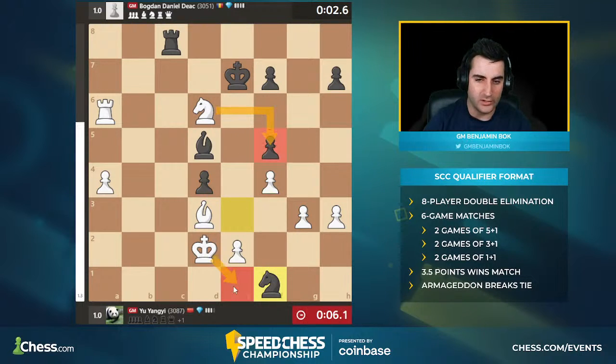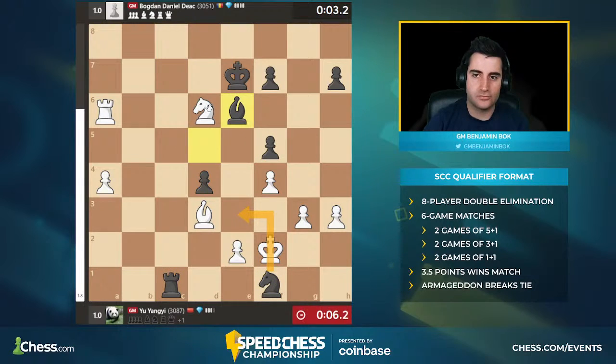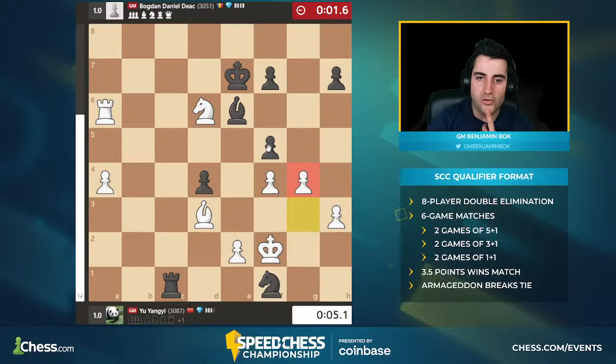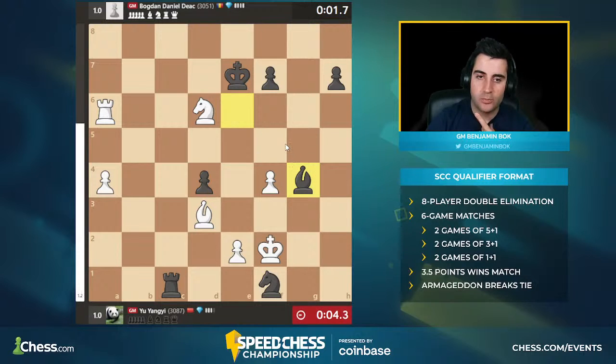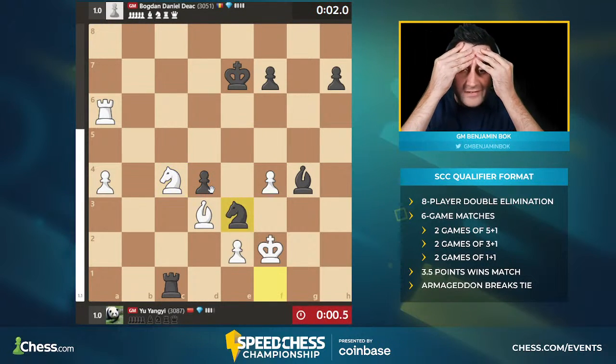Knight f1, king e1. King e1, rook g1 check. King f2. Knight e3, and takes. There's knight e3. Wait, g4, okay, take f5 maybe. Okay, takes, takes. Played with 0.7 seconds. Yu Young-yi's gotta move here. Knight b5, knight b5. No, you gotta move! You gotta move! What? He played with...